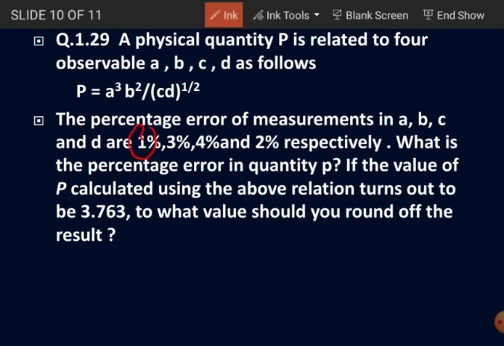1% in A. In the measurement of B, the relative error is coming out to be 3%. In C, it is 4%. In D, it is 2%. So we know that if it is in the form of a